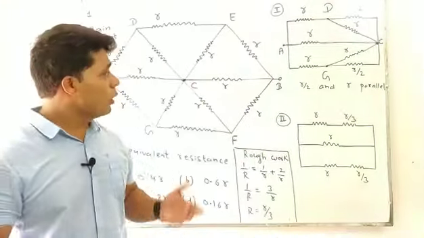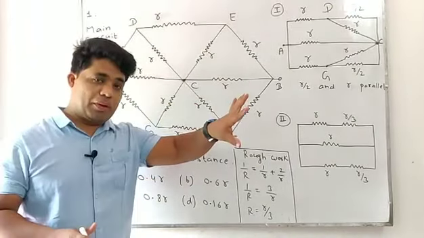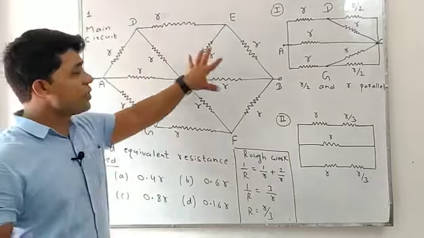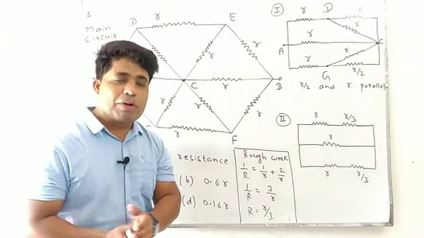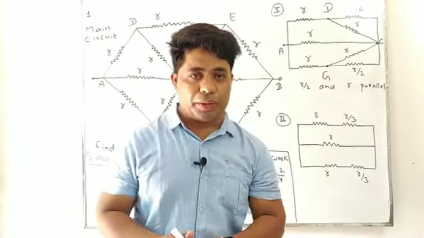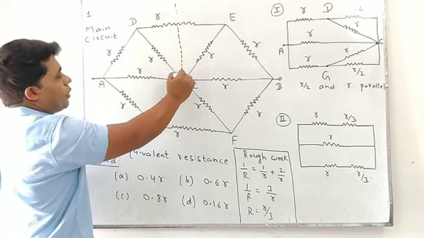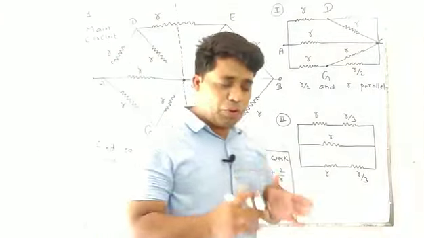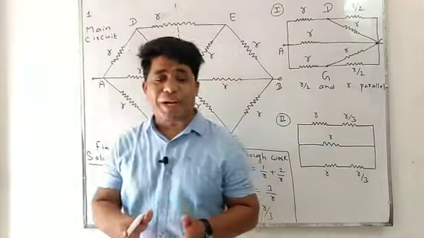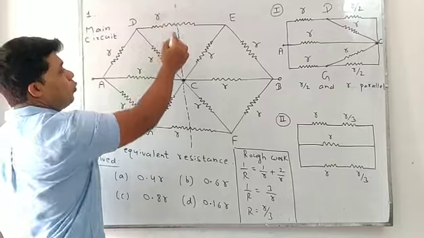Okay, how can we solve this question? Generally, we face difficulty in finding which resistors are in series and which are in parallel. That's a tricky part. So what will we do? We'll split the circuit in two equal parts. We have a lot of methods, but today we'll discuss the splitting circuit method. Now students, we'll split the circuit in two parts.